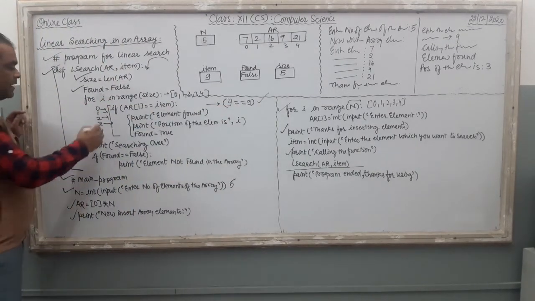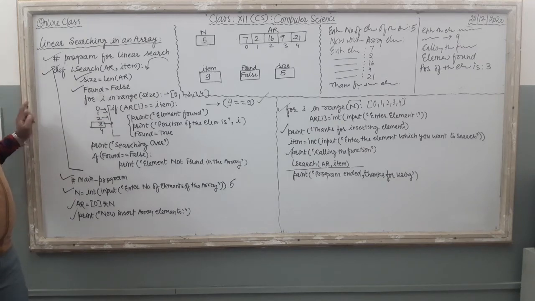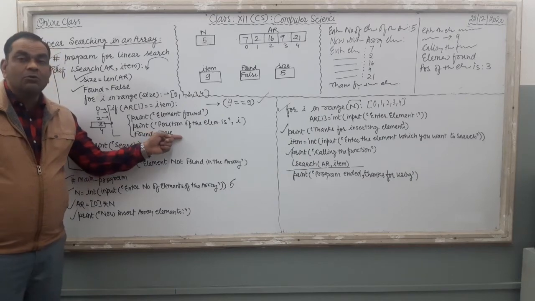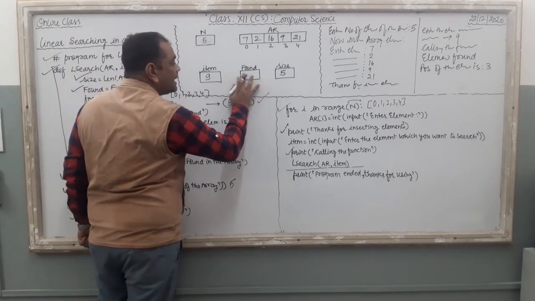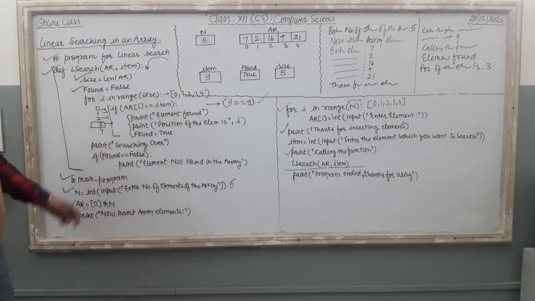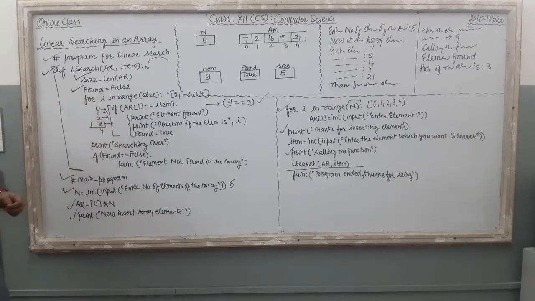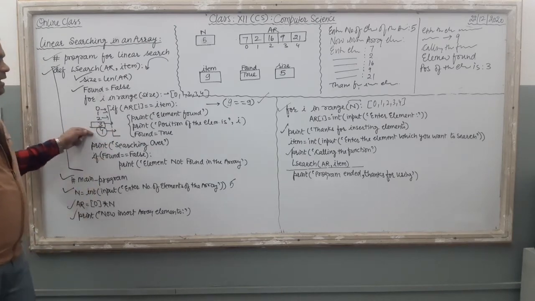Where is I right now? I is there at the number 3 only, right? And just see the third line, found equal to true. Here we are going to change the value of found. Instead of false, it has become true. Done. Now the searching is over, the for loop is over. Right now the for loop ran at 3. Now at the last it will take the value of I as 4.